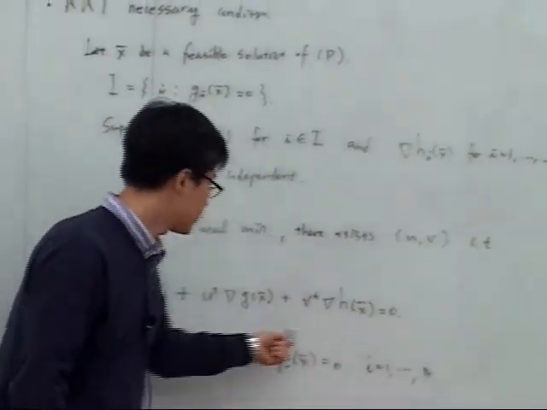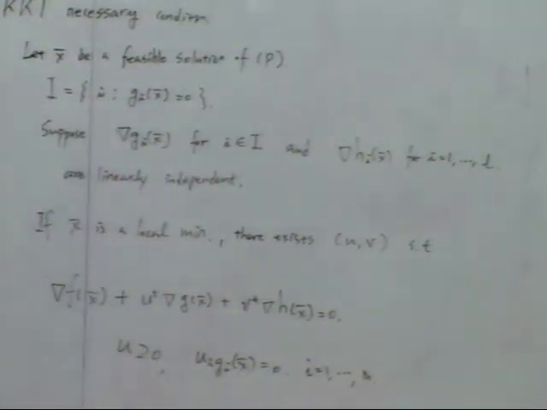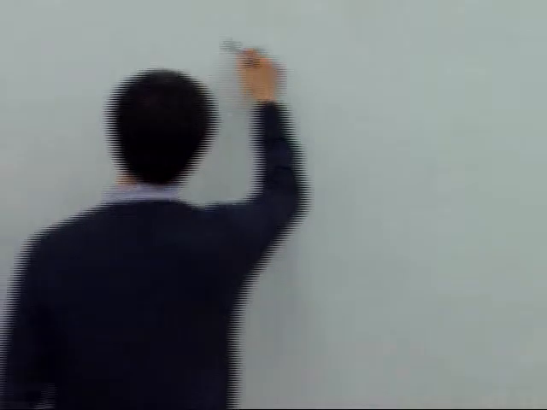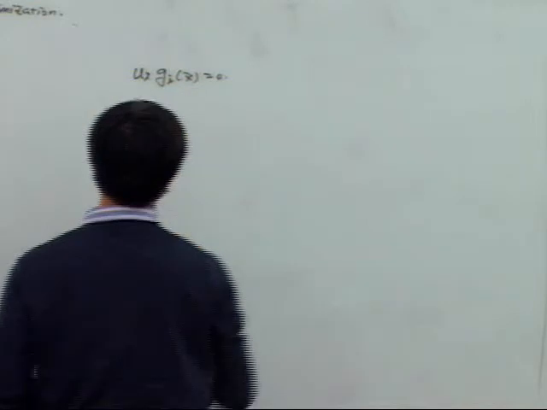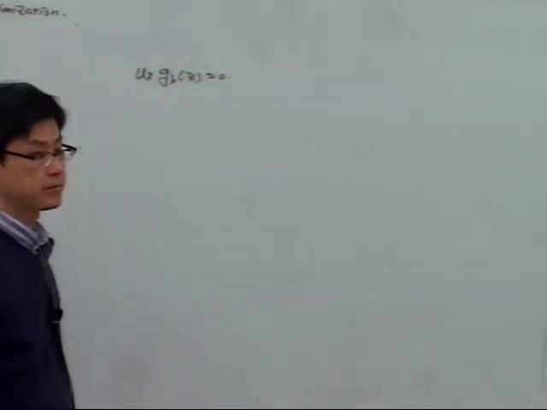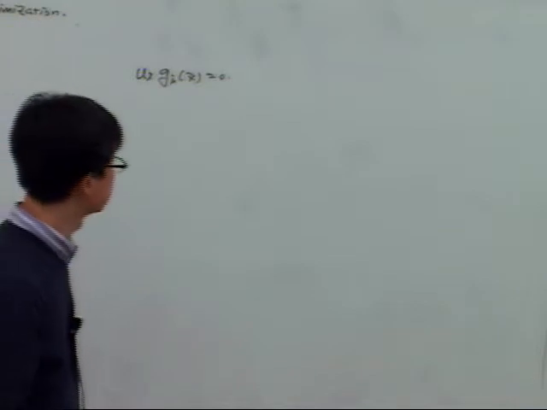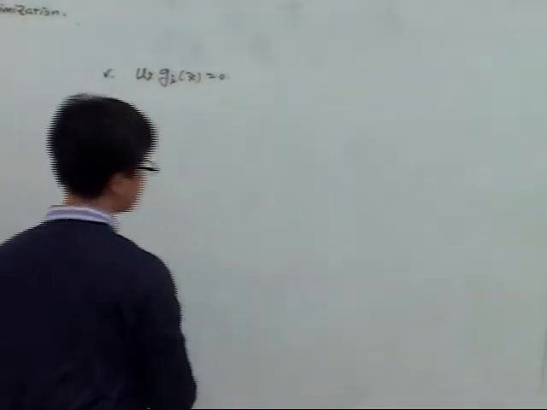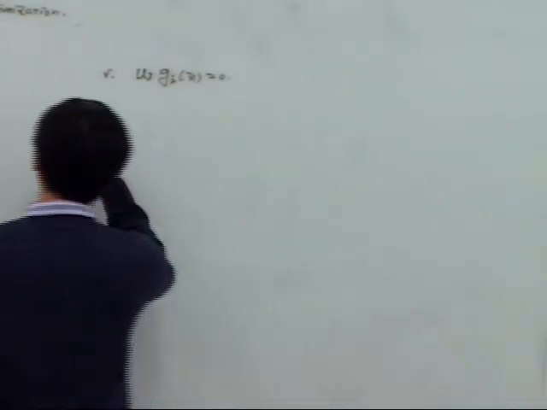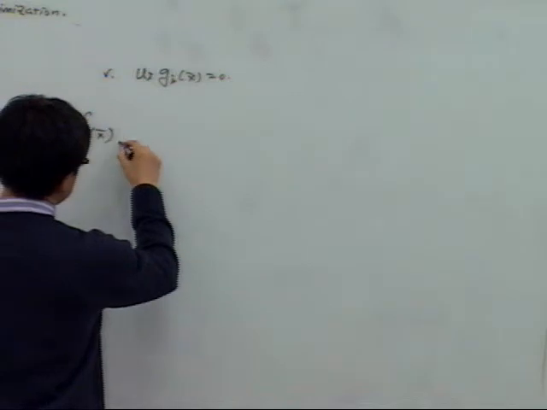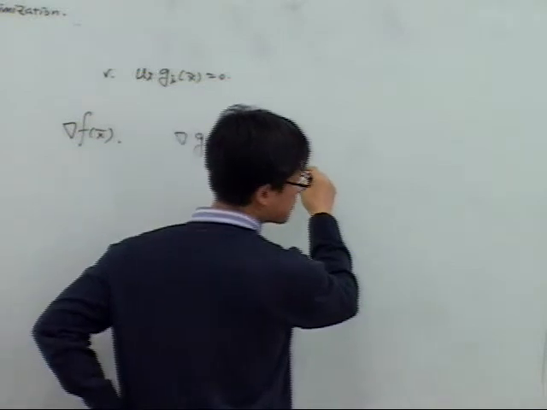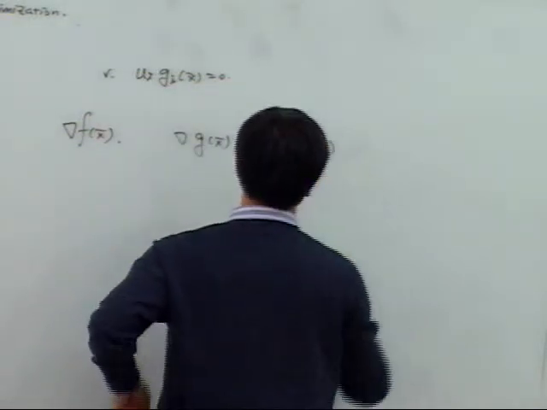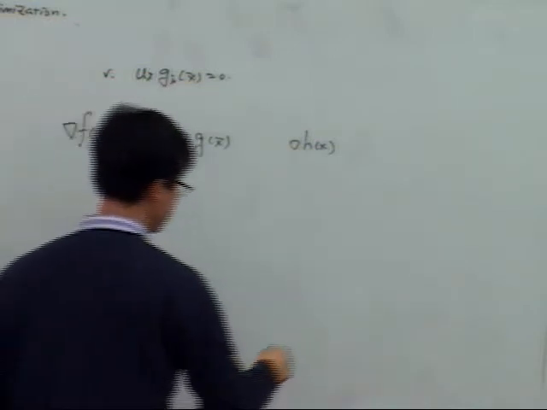What do you think this stands for? u_i times g_i. And then gradient f(x), gradient g(x), gradient h(x), and as we talked before,